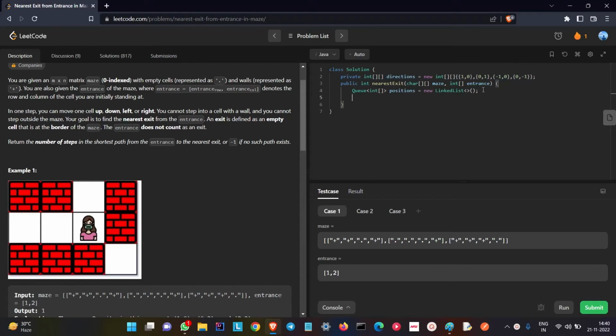So initially we get the first step, which is queue creation. Create a queue. Step 2 is add reachable nodes from entrance. So we'll call a helper function, add reachable nodes of,